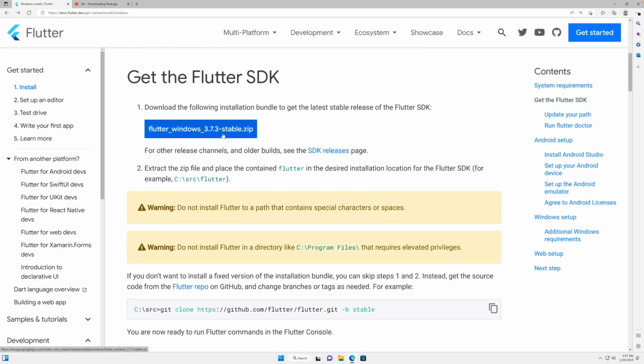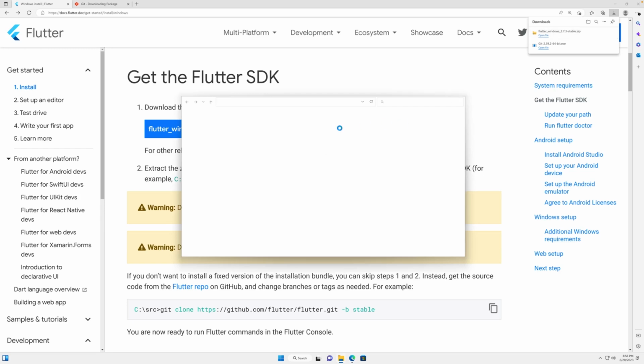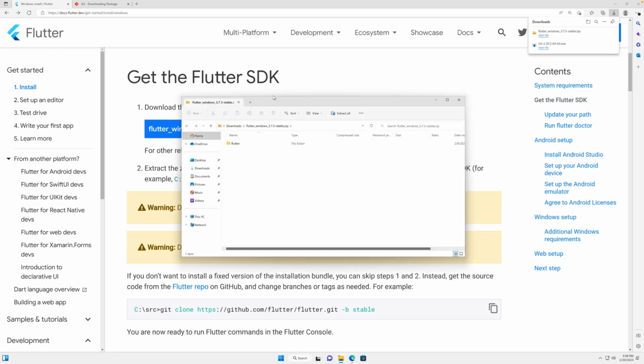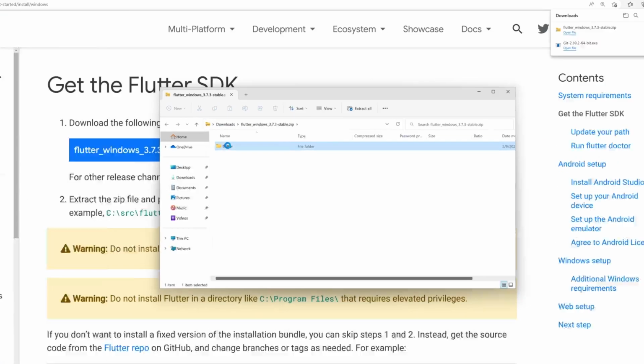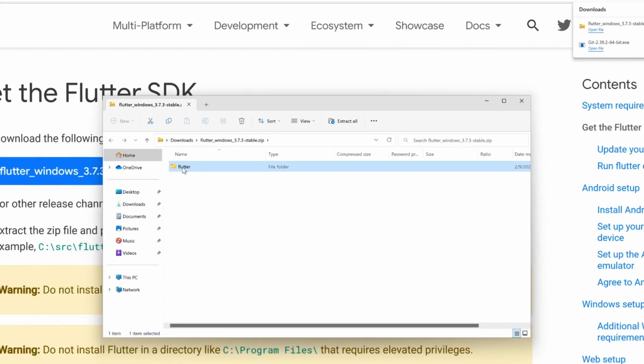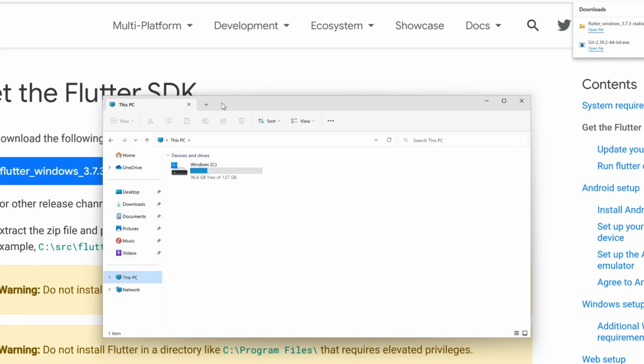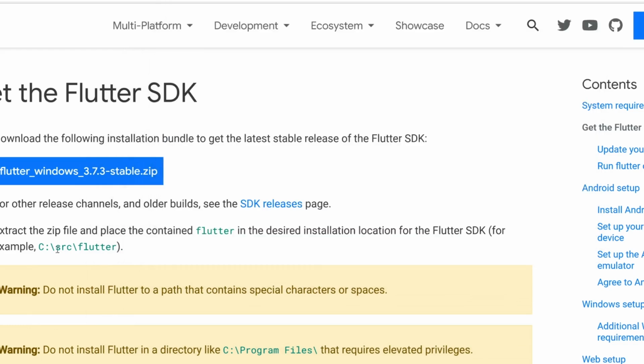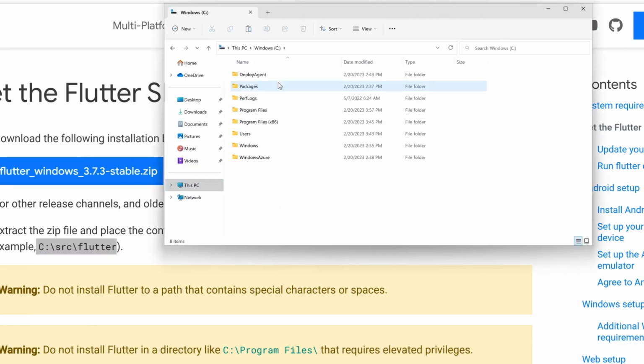For that, you should download that latest version using that link in the official documentation. And then, once this was downloaded, open this zip file that was fetched here and extract it. And in that file, you will find a Flutter folder. Now that Flutter folder must be moved somewhere else. And it's generally up to you where you want to move this, though the official documentation recommends picking a path like this. So here I'll go to my C drive,